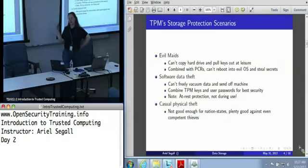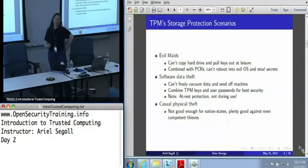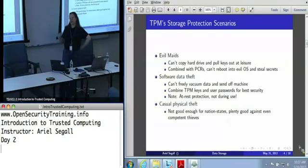So it doesn't matter how well I use my TPM to encrypt my data, once I've unlocked it using the TPM, it's not going to protect anything that's just sitting around in memory. So in general, if you're looking at software data theft as your primary threat, we generally recommend using as many small and focused encryptions as possible, because